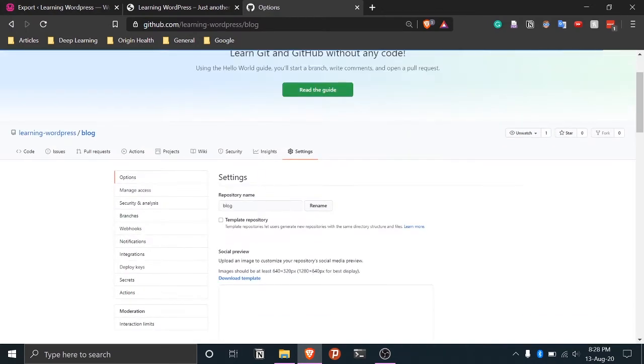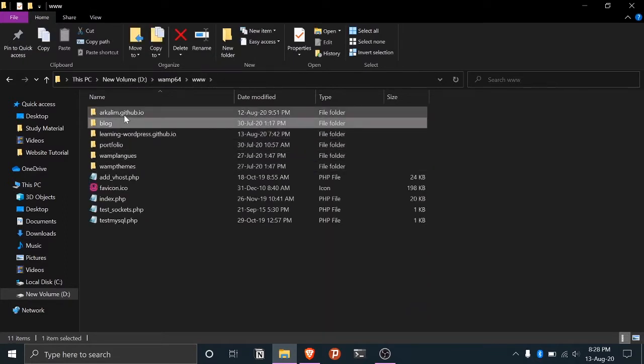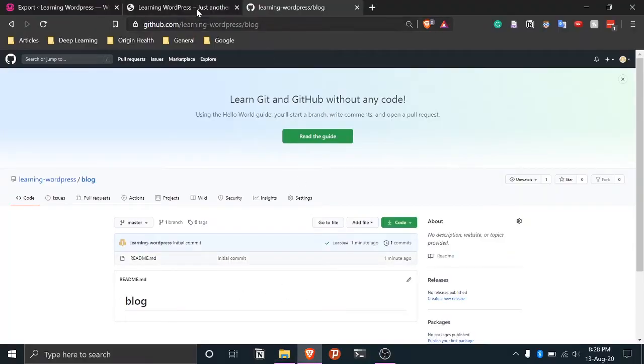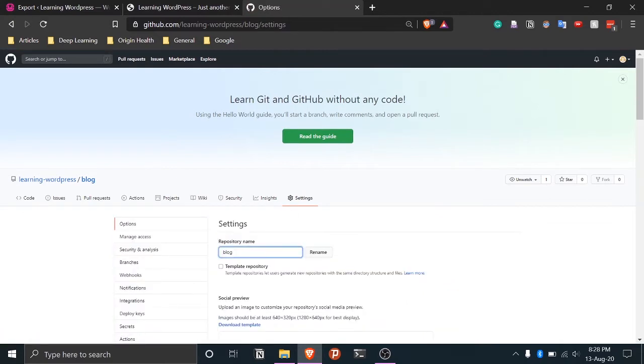Let's name it something different, because I already have a folder named blog, which refers to my blog. So let's go for something else. We'll go to the settings and name it something else. Let's say we want to make this a profile.